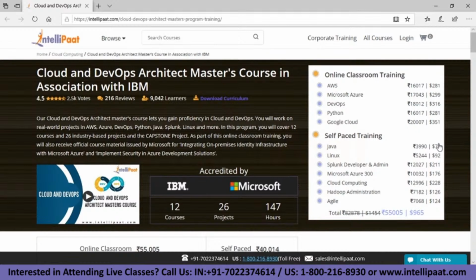All right, so with this, guys, this was a short session. So this was about how to become a DevOps engineer. So what we're going to do is, today is Tuesday, so on Thursday we are also going to have a hands-on session on DevOps, where we're going to show you how to create a CI/CD pipeline using the DevOps tools that we were talking about today. Right, so we're going to do that on Thursday.